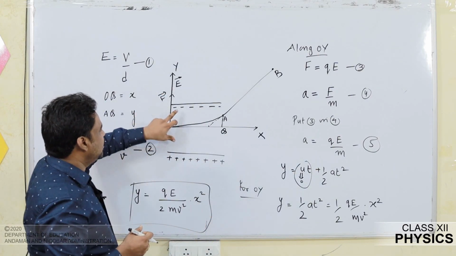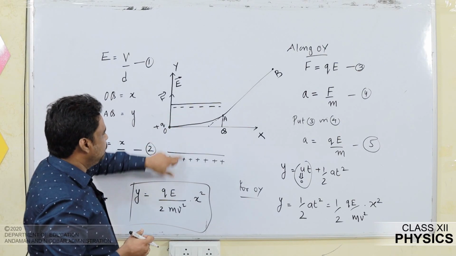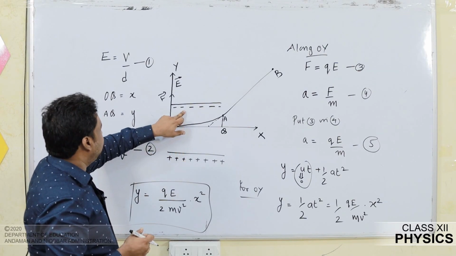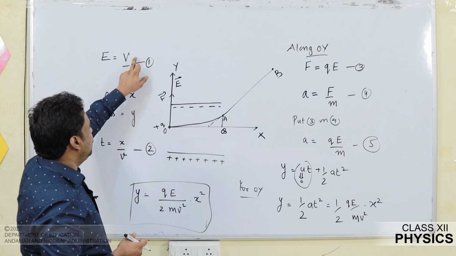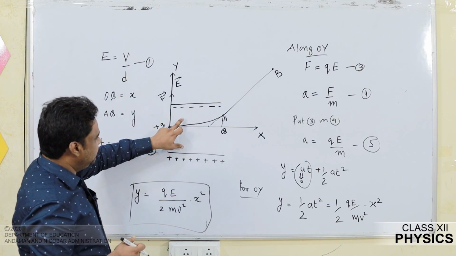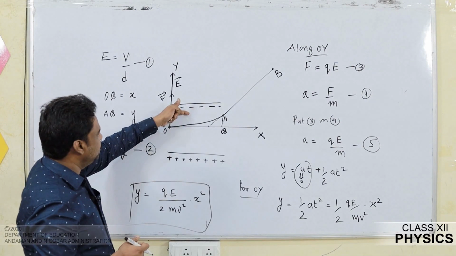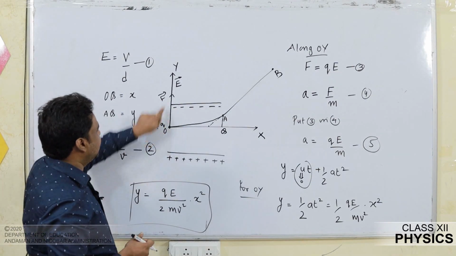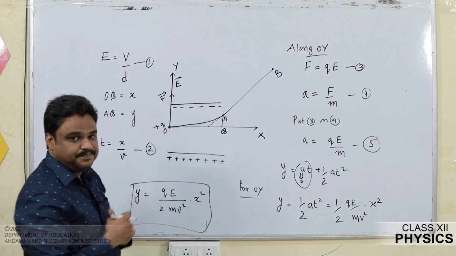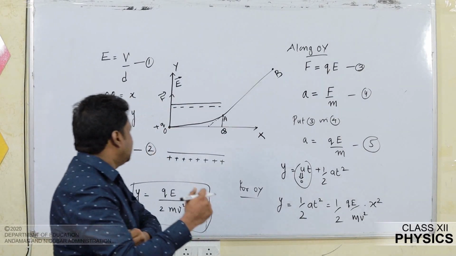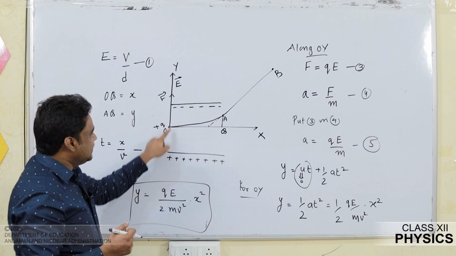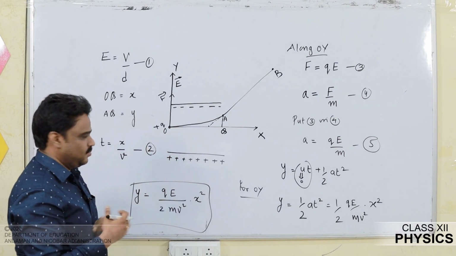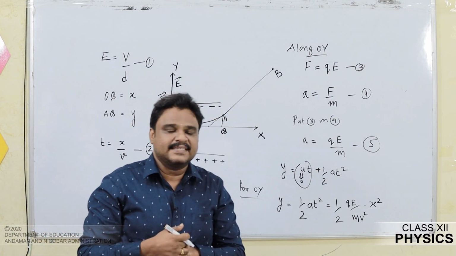We saw how this field was established by assuming two parallel plates separated by a distance d. So the electric field set up will be E is equal to V by d, and you can see very clearly the direction is from positive to negative. For that reason I am marking the electric field along OY. Next, at any instant a charged particle plus q enters the uniform electric field at O.